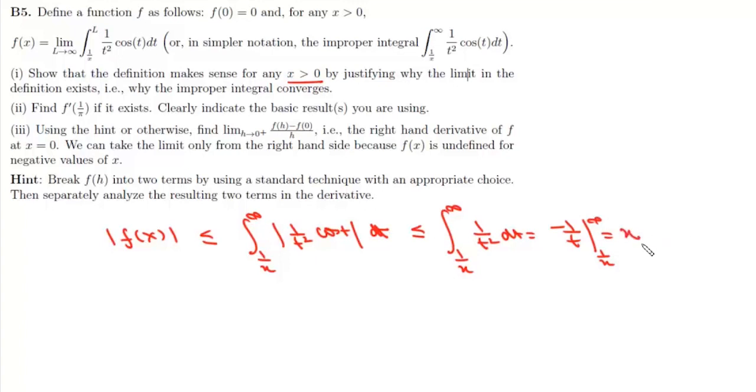So clearly this integral converges absolutely. So that's your first part. And the second part says find f dash 1 upon pi if it exists, and clearly indicate the basic results you are using. Now we are given this function f(x),